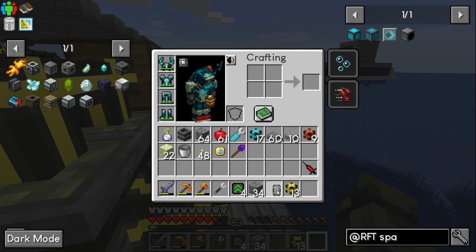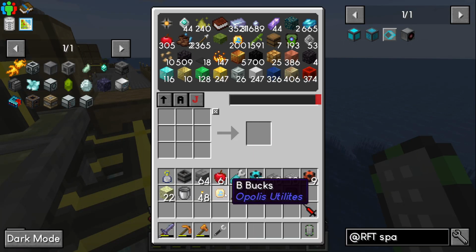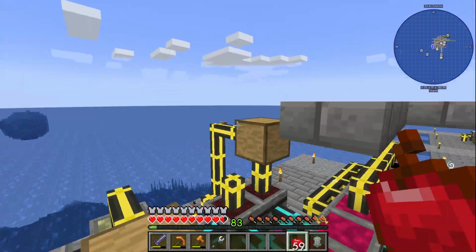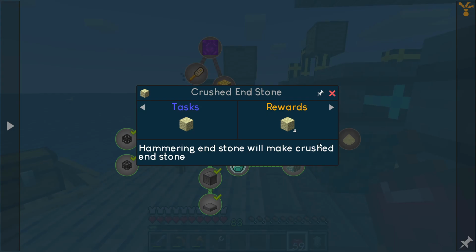What did I do? I pressed some weird button combination or something. I don't know. So let's just do this and push that back in here. And I need to eat again. So now we have my semi setup, like I always do, the quick and dirty starting setup. And now I need crushed end stone. Hammering end stone will give crushed end stone. And crushed end stone